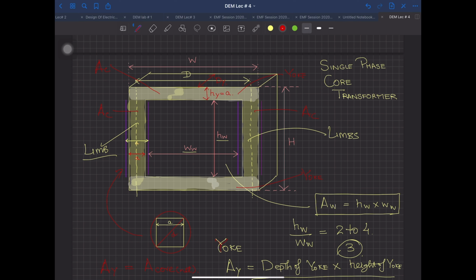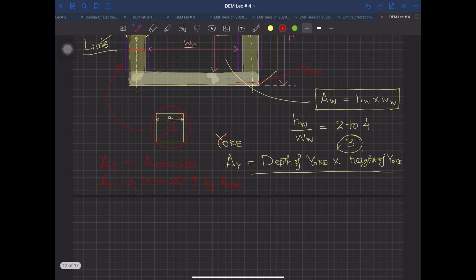बट आप क्या कर रहे हो कि आपके पास लिम्ब्स आर स्टेप्ड, 3 स्टेप, 4 स्टेप, 6 स्टेप, whatever, बट योक के ऊपर आप पैसे बचाना चाह रहे हो and you are trying to make it square shape core, rectangle shape core. तो वहाँ पे मैं एरिया थोड़ा ज़्यादा कर दूंगा ताकि in the yoke flux density may reduce a little, ताकि मेरे कोर लॉसेस थोड़े कम हो जाएं. So that's why I am going to increase it by 15 to 25%.